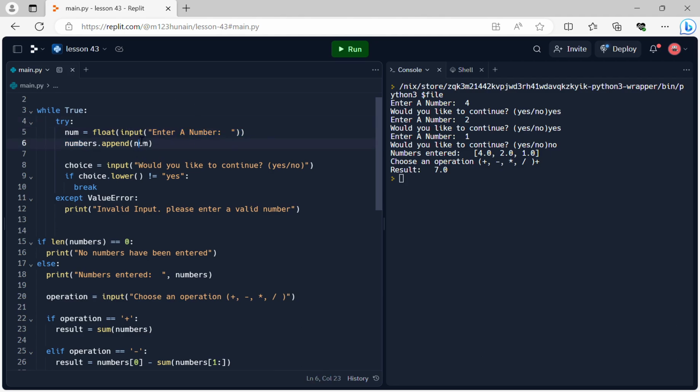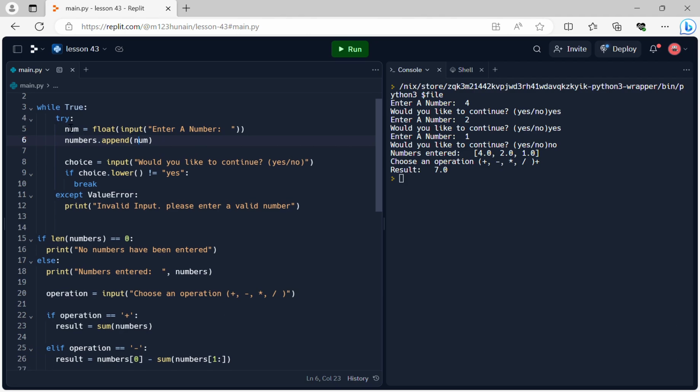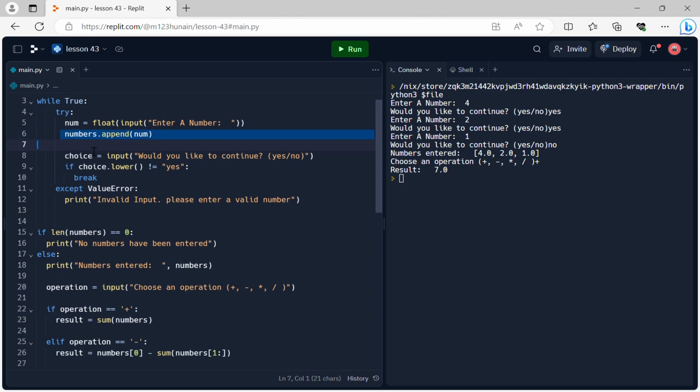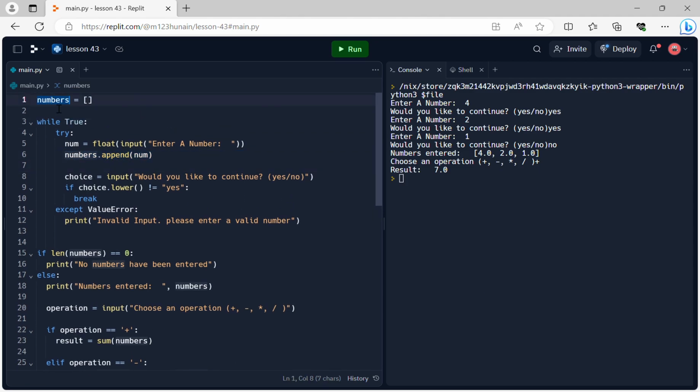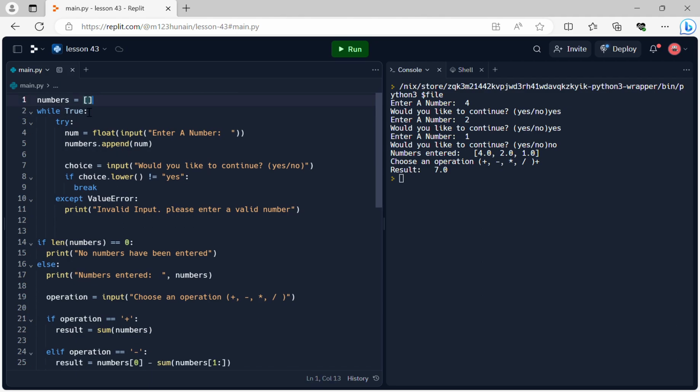How this works is that num equals a float input, enter number, and this will be stored inside our num variable. And numbers, which is the empty list up here in the beginning, append num will make it so that this number will now be added to this list. An example of this could be